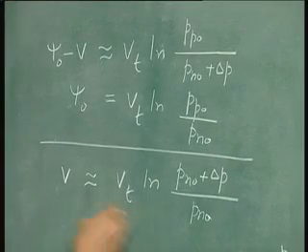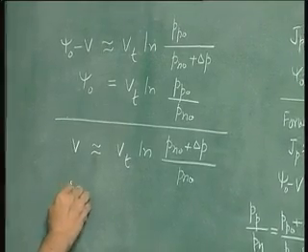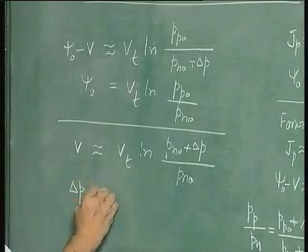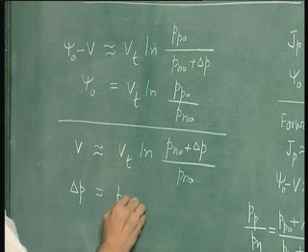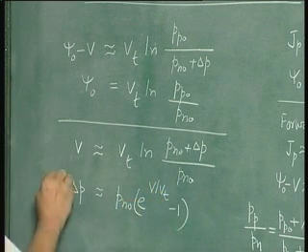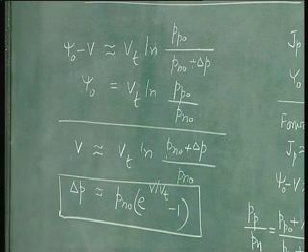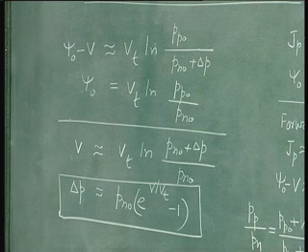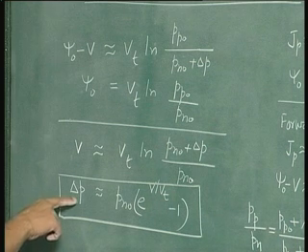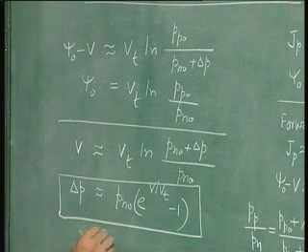So in other words, you can transform this equation and you will get delta P is approximately given by Pn0 into exponential of V by Vt minus 1. So this is the important result that we get from the Boltzmann relation under applied forward bias. So excess hole concentration on the n side, this is on the n side,